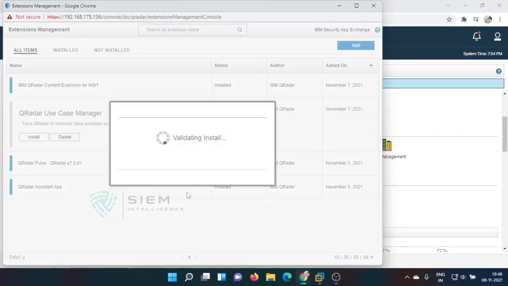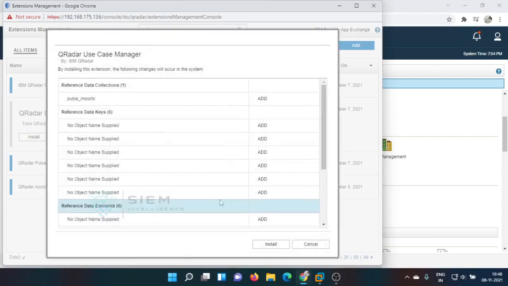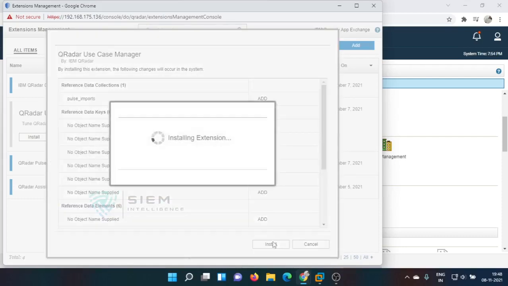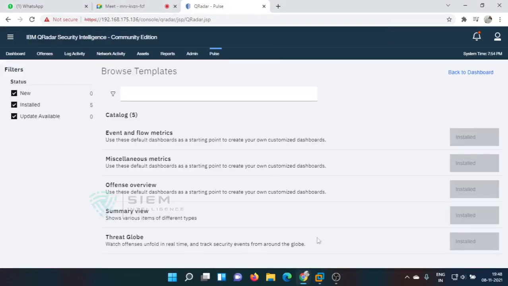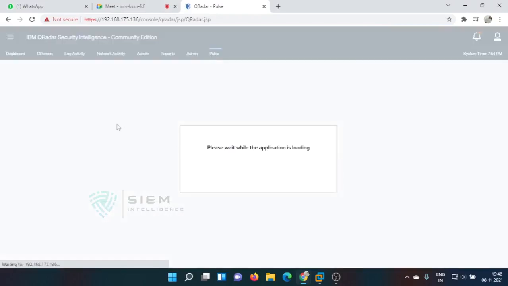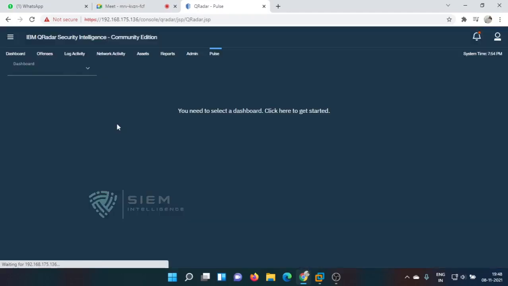By the side we can also do the thing, and I'll show you that use case manager will show here. See, install. It will take some time. By the side we may see that particular data. Okay, by the time we can install our own dashboard.